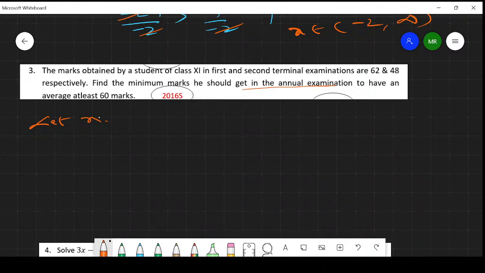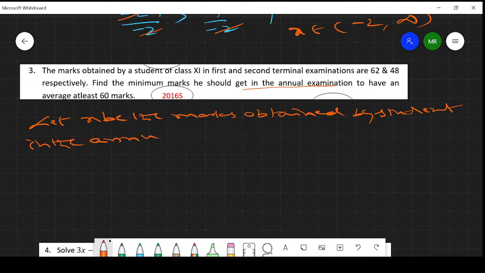Let x be the marks obtained by the student in the annual examination. I have taken the other two marks, but they told here the average of all these three